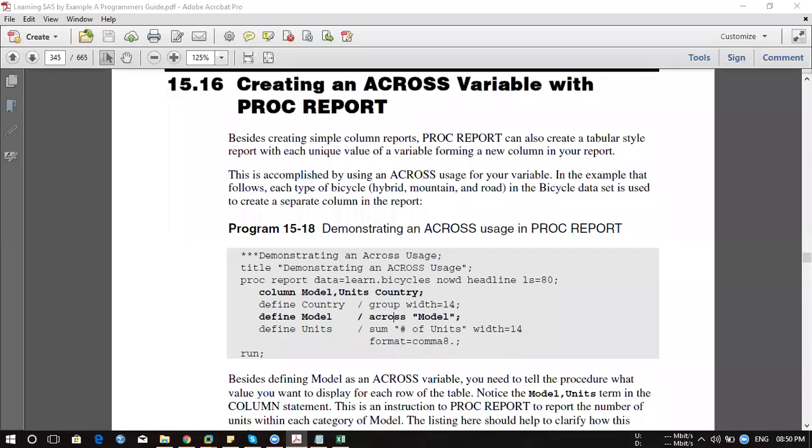Here we are using this as row, this as column. If you use a comma, whatever variable you define after the comma goes to the column section. And this across is nothing but converting from row to column.